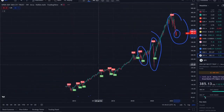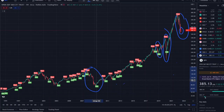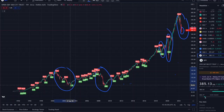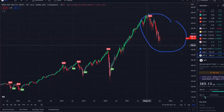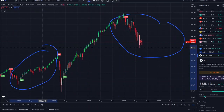And when you zoom out all the way back in history, 2007 to 2009 lasted almost 2 years until it bottomed, and then from 2000 to 2002-2003 lasted almost 2 and a half to almost 3 years until it finally bottomed. Now what I'm really looking for is confirmation of a possible reversal and a bull indicator that pops up, because once these bull indicators pop up on 42 Vision, they tend to last for several months